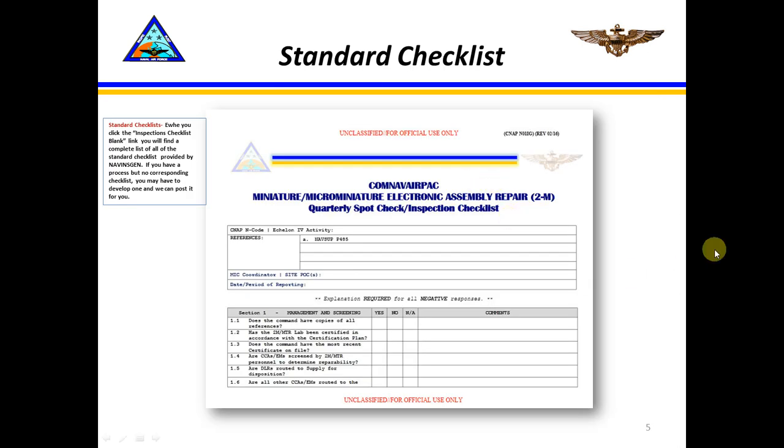So when you click on one of the checklists, it brings up something here. The standard checklist, and the question is here, the yes, no, NA, or comment. So if you choose a yes answer, no answer, or an NA answer, there has to be some comment here that speaks to that answer. So for example,